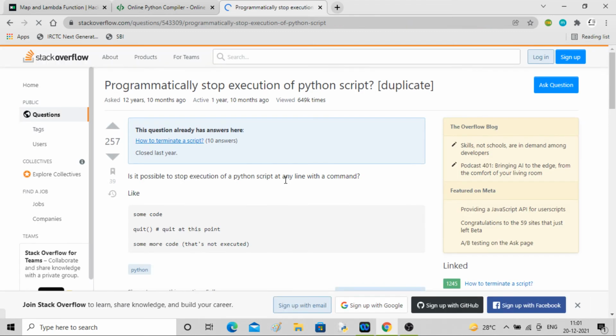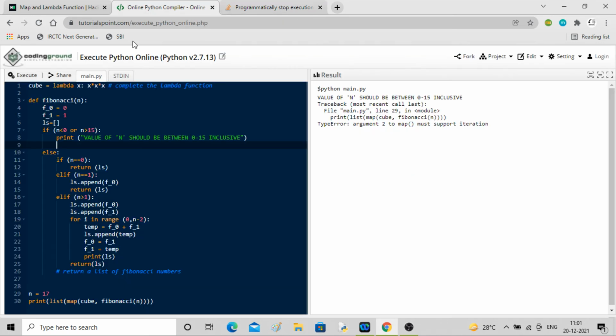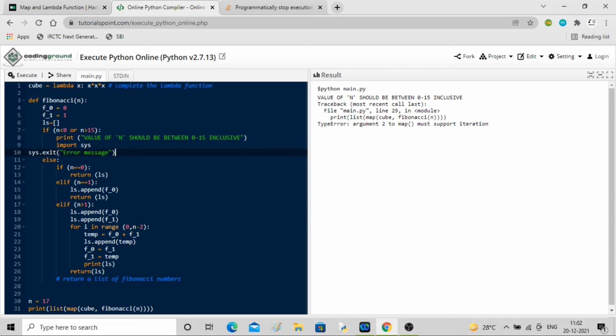We can write import sys, then sys.exit. I won't write error, it will just exit after printing. And this library import we will keep at the top.